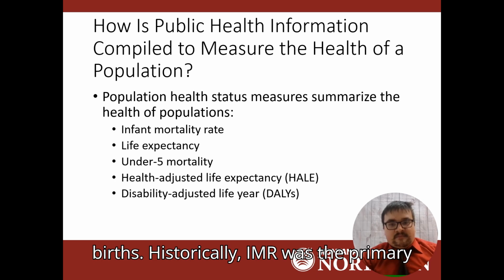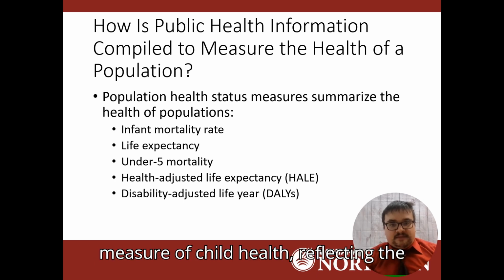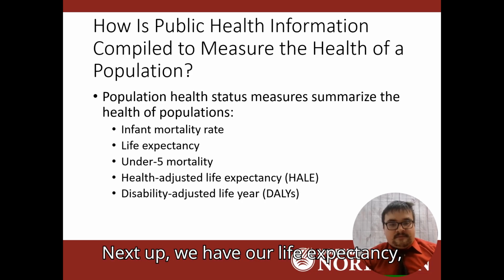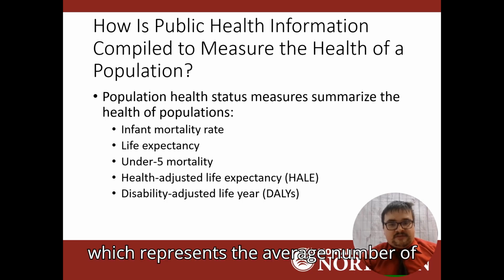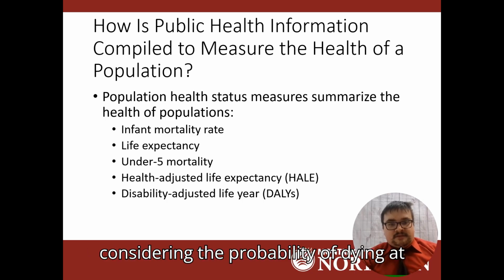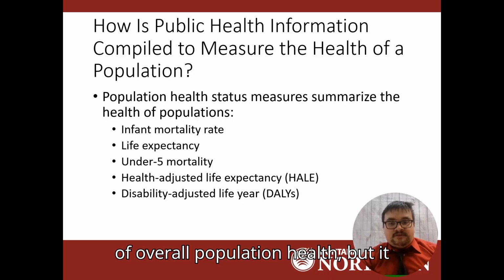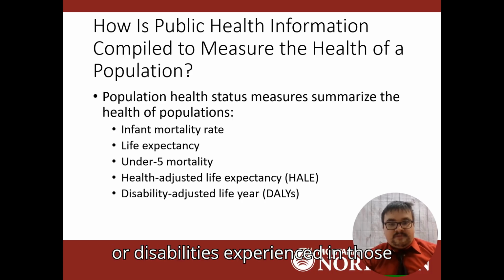Historically, IMR was the primary measure of child health, reflecting the quality of healthcare and living conditions for infants. Next up, we have our life expectancy, which represents the average number of years a person can expect to live, considering the probability of dying at each age. It's a broad indicator of overall population health, but it doesn't account for the quality of life or disabilities experienced